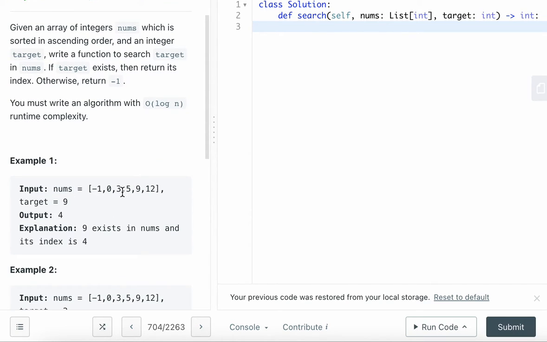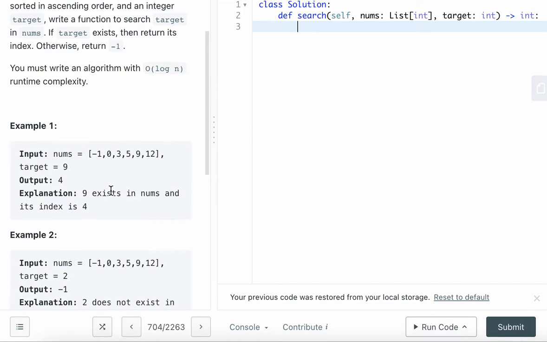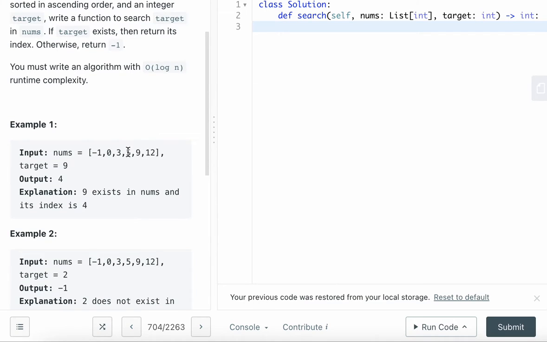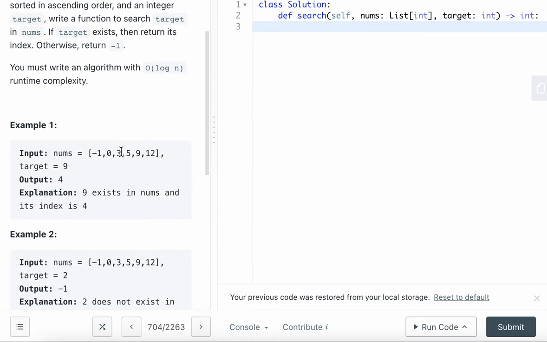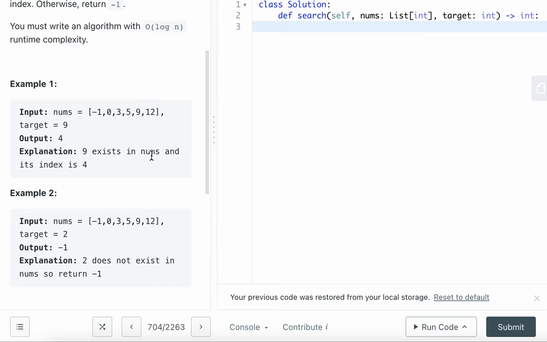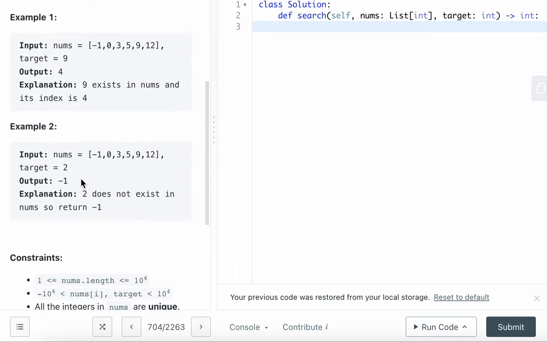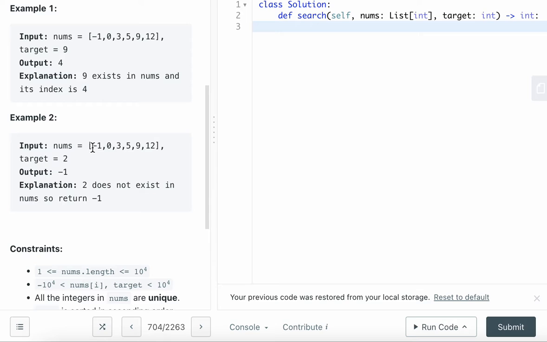If you look at the example, the target they want you to look for is number 9. If you check the index, it's index 0, 1, 2, 3, 4. So that's why the answer is 4 here. 9 exists in nums and its index is 4, right? And then the next one is the nums array, and you need to look for a target 2, and then the output is -1